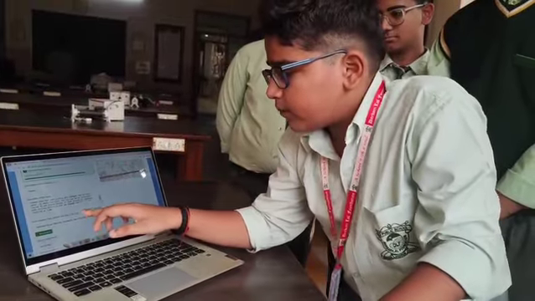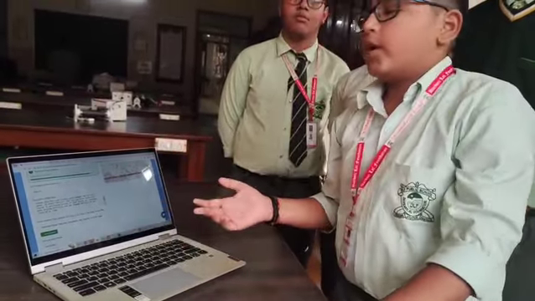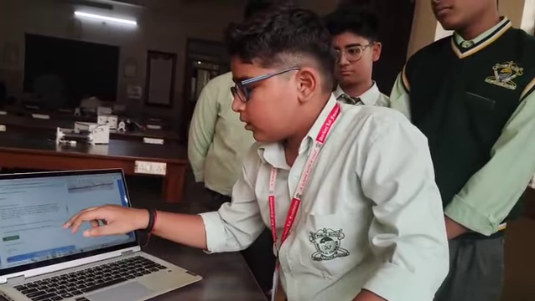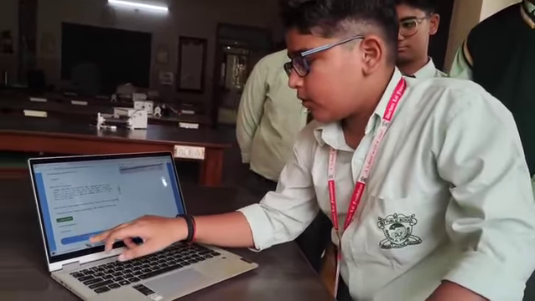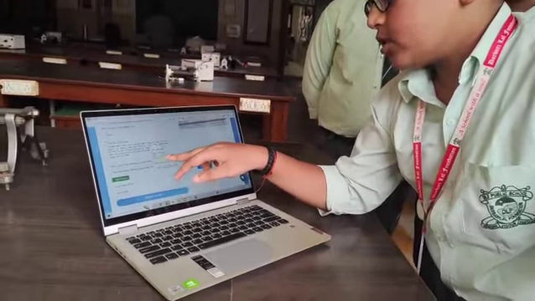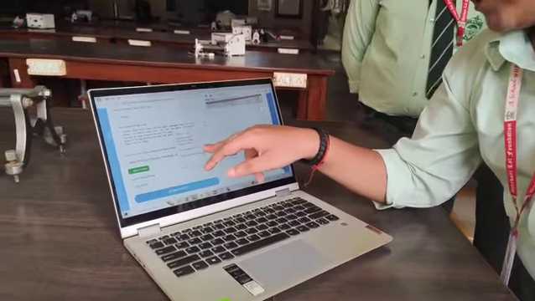So this is the location. You can mark the location on your own, or the AI will detect it. So this is the contact, the email or phone number, and you will then submit the report. You can see it says report submitted, issue ID, category pothole.